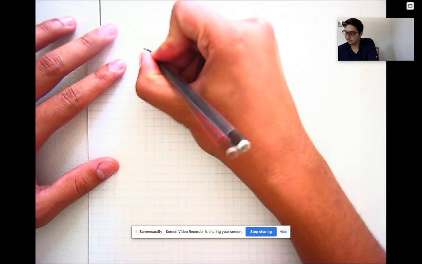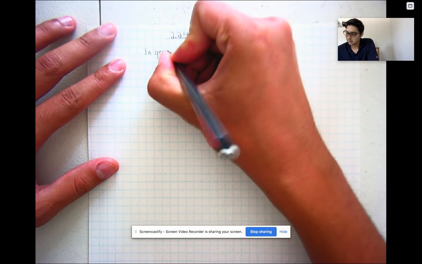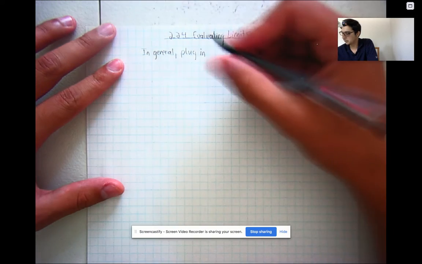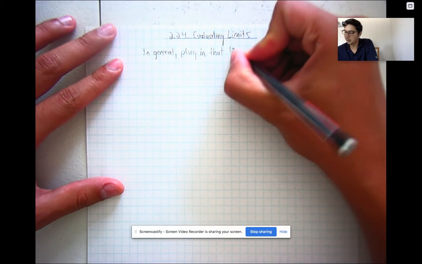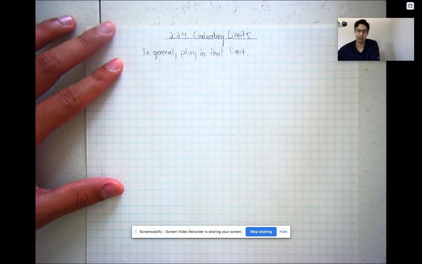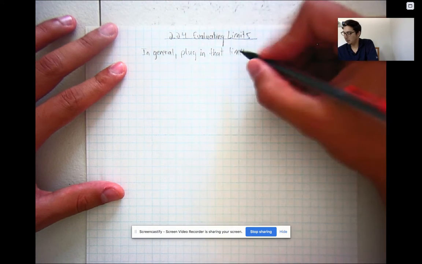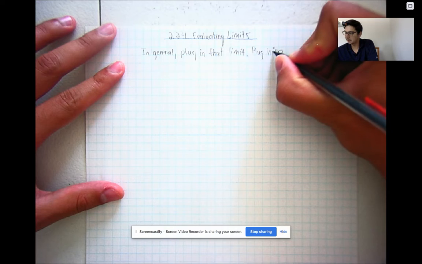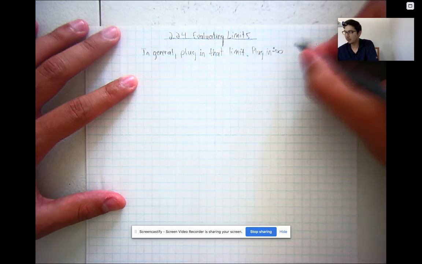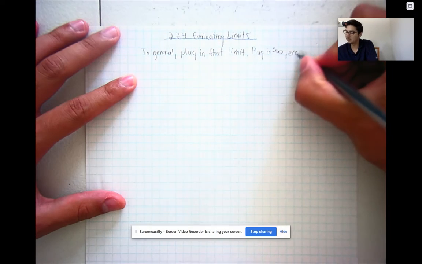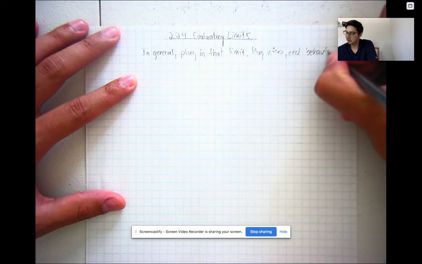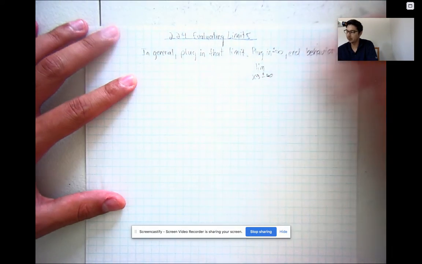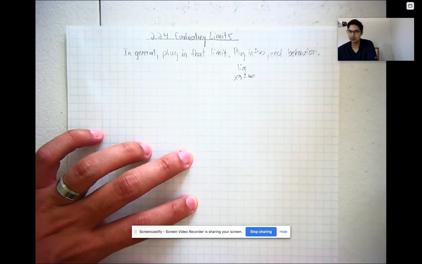So in general, when evaluating limits, you plug in that limit. Whatever limit you want to approach, you more or less just plug that in. Now, if you plug in plus or minus infinity, that's when we talk about end behavior, though. And those are the scenarios. So we're talking when the limit as x approaches either positive or negative infinity,